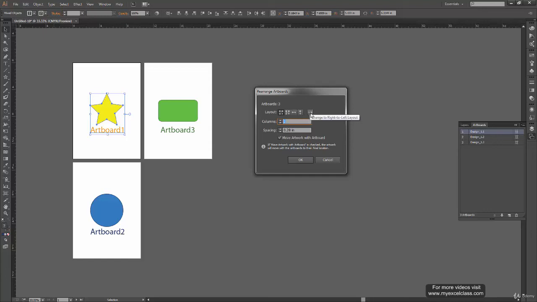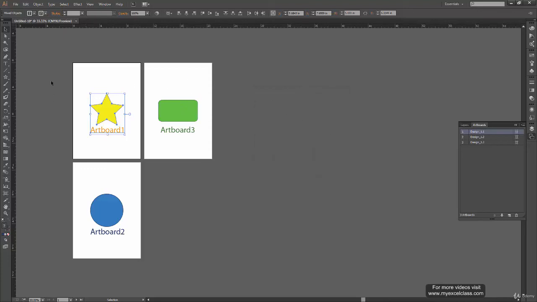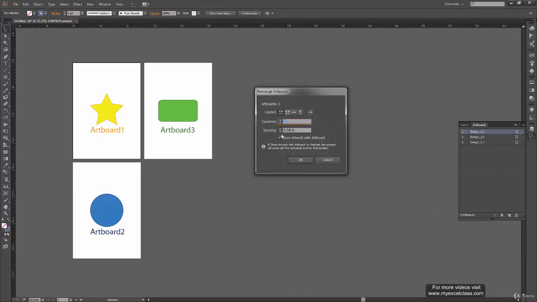When I click on this, you can see all these icons got flipped. Previously, artboards were arranging in this format, so this, and then it again comes back to the first column, and this and this. So it was going from left to right. When you click on that icon, it switches the direction, so it goes from right to left. So it's as simple as that. We need not create a separate example for that one. We'll quickly go over here, rearrange artboards, and we'll see the last one, which says move artwork with artboard.